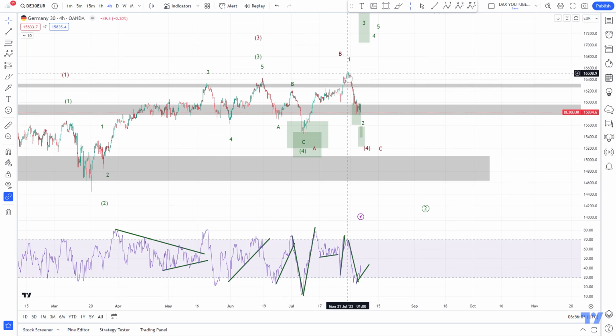And then, secondly, if I look at the global picture, it looks like the Nasdaq and the Dow Jones will do a double correction. So if you're interested in this, please have a look at my Nasdaq and Dow Jones video. But it looks like the Nasdaq and the Dow Jones will do the double correction, and if they do the double correction, so more downside, it's hard to imagine that we will have a wave 3 to the upside